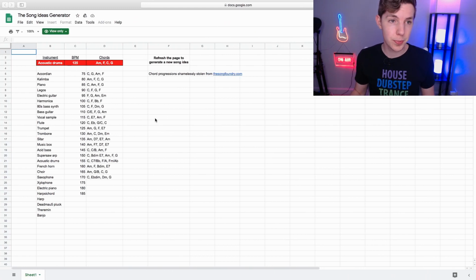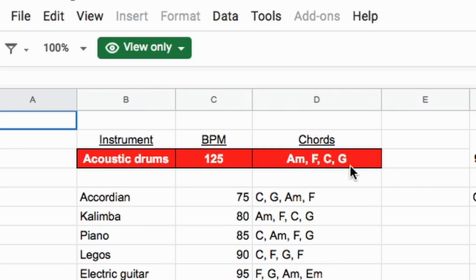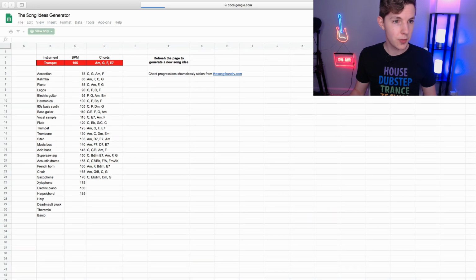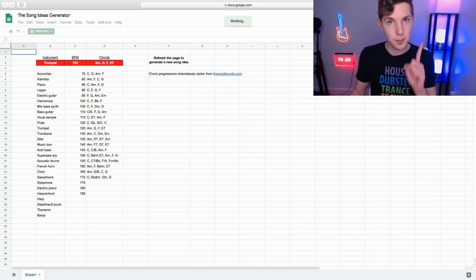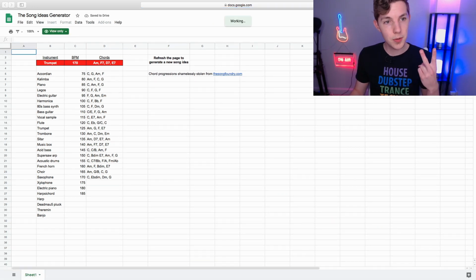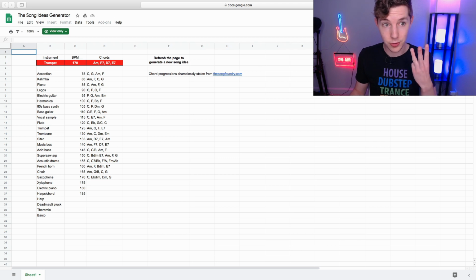This is a Google spreadsheet. I'll leave a link to it in the description. Anyone can use it, no one can edit it, but you don't need to, because every time you refresh this page, pay attention to these three red cells. Every time I refresh the page, it loads up a random instrument, a random tempo, and a random chord progression,